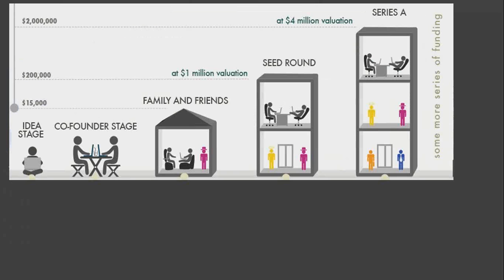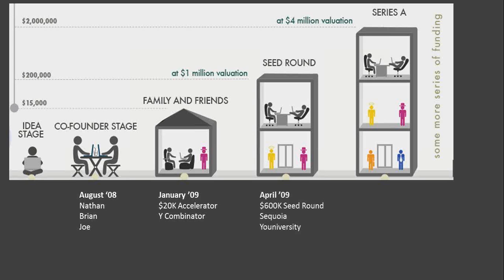So let's look at an interesting scenario of a company that did that. There were three guys, Nathan, Brian, and Joe, in August 2008, and this is a real-life example. They raised some money from Y Combinator, about 20K. About 4 months after that, they got a 600K seed round from Sequoia and University, and then raised their Series A in November